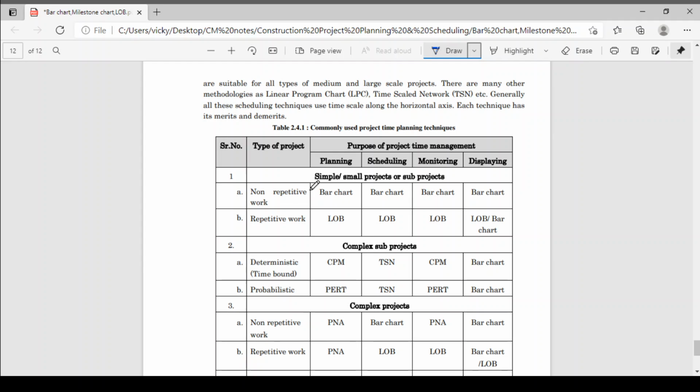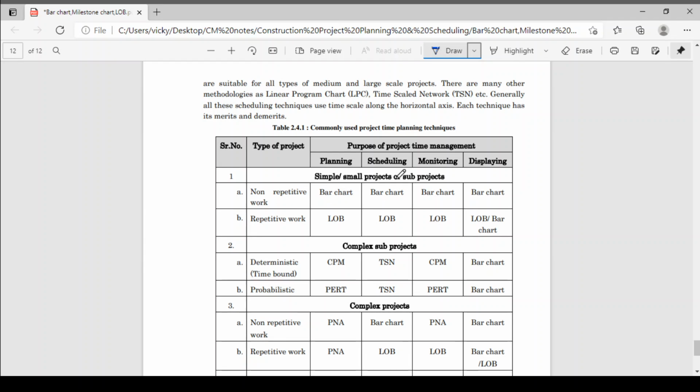Then we'll use the bar chart. Okay. For planning purpose, we are using bar chart. For scheduling purpose, we are using bar chart. Monitoring purpose, bar chart, and displaying purpose, we are using bar chart. This is the purpose of project time management. Okay. For planning of that small project, which is non-repetitive work, we'll prepare bar chart.